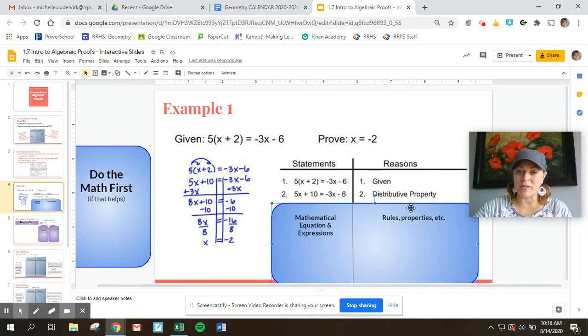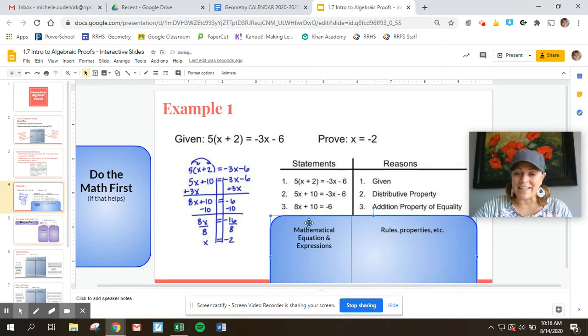Okay, I use the distributive property. So right here, notice you added 3x to both sides, but I'm not showing that. I just give the result. So again, with algebraic or geometric proofs, you do the next step, but you don't always show the steps, or rarely. You rarely show the steps. Some people in a different color right here might say, oh, I'm going to take this and I'm going to